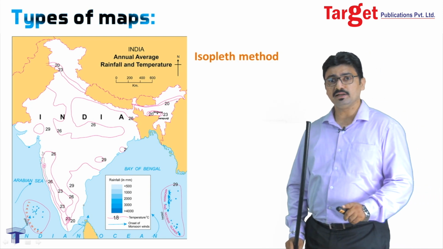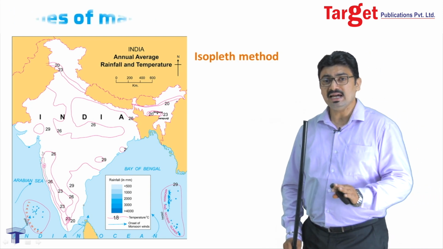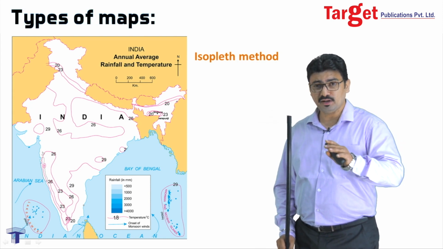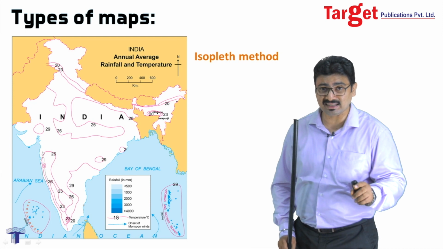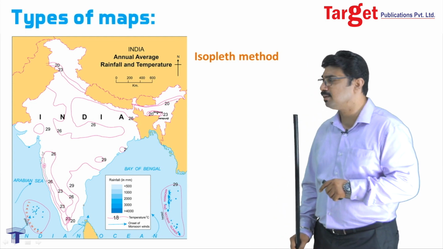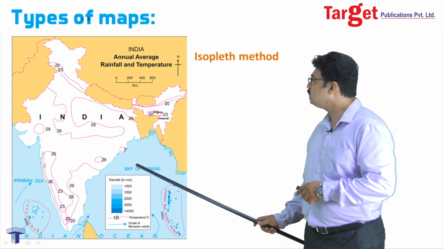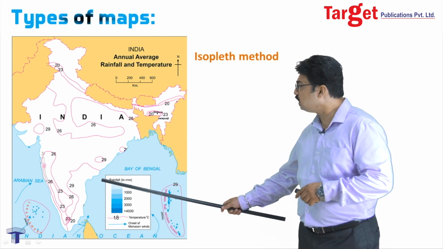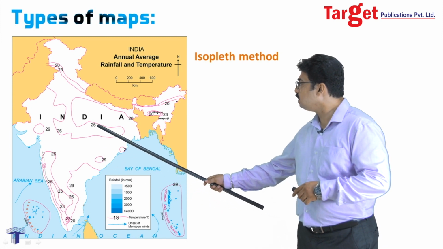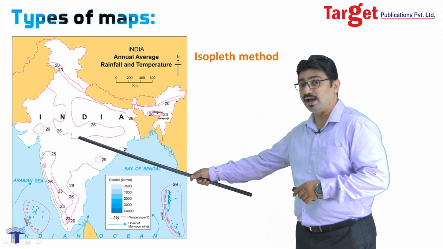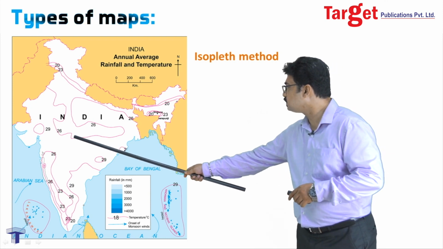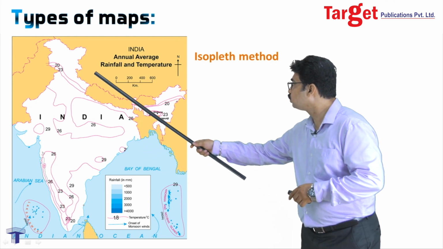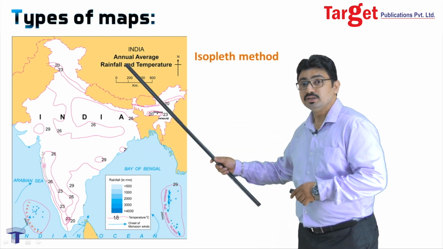Now, isopleth method, what it does is it basically connects same values of a particular feature in a given map with a line. Okay, let us clear this concept with the example over here. If you see, some lines are drawn in this map, right? Also, if you observe, each line is denoted by some magnitude or some value. For example, we see 26 besides a line, we see 29 besides this small circular line, we see 20 besides this line, right? So, numbers are associated.